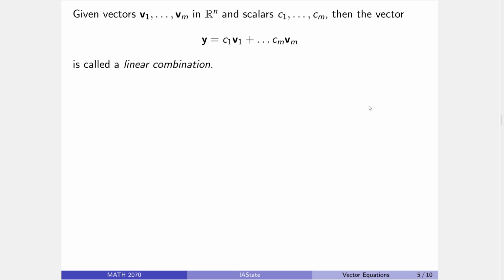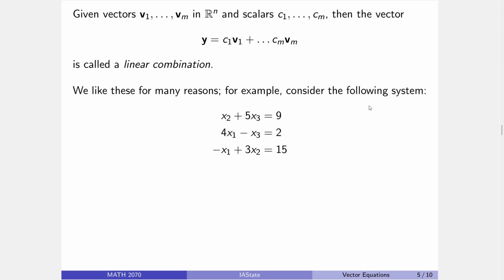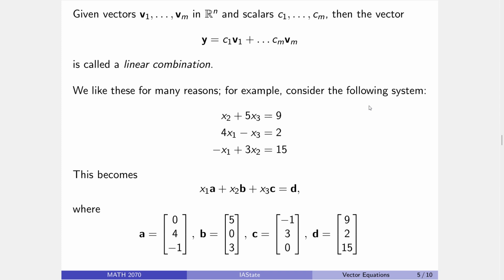Now, something that we like with vectors is creating linear combinations, and this should hopefully look a little familiar because we've seen, hey, take things, scale them, and add them up, because that was our new equation for a line. So obviously doing this for vectors is something that I'd be interested in doing. And vectors, of course, are one-column matrices. We like matrices, so it's all going to coalesce together here in a moment. So, for example, here is a beautiful system of linear equations. Just kidding, it's a linear combination of vectors, because if I rewrite the coefficients of x1 as the vector a, consisting of 0, 4, -1, the coefficients on the variable x2 being